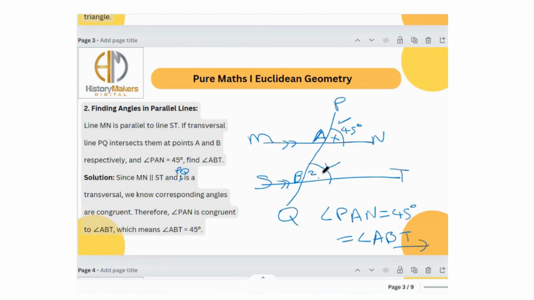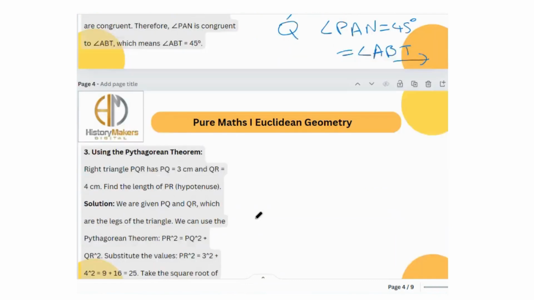So these two angles are equal, being 45 degrees. So that is corresponding angles that you find where there are two parallel lines with a transversal line crossing them at 2 points. Then we continue to the next